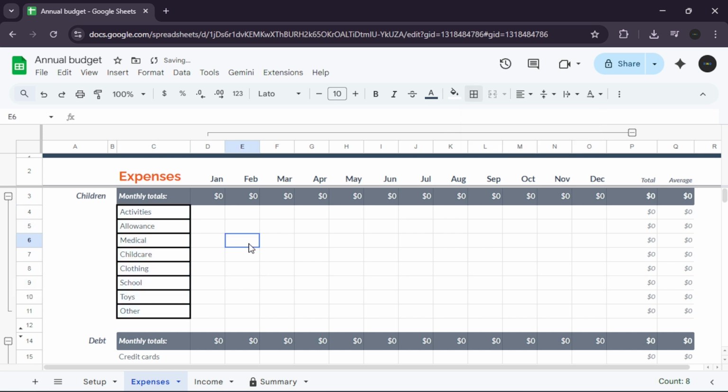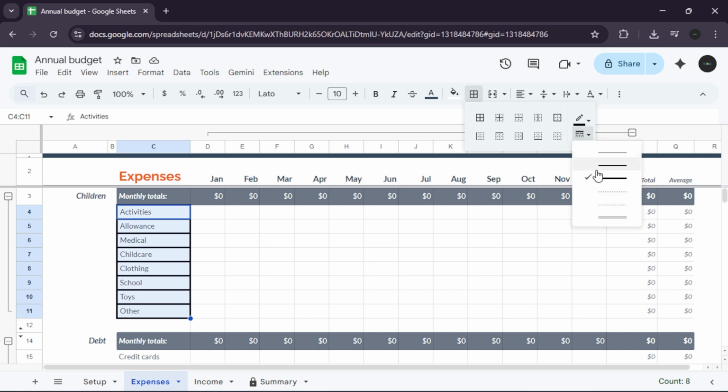And that's pretty much it. To bold lines in Google Sheets, highlight your cells, click the Borders icon, and go to Border Style to select the thickest line weight. Finally, choose your border placement to apply the bold lines exactly where you need them to